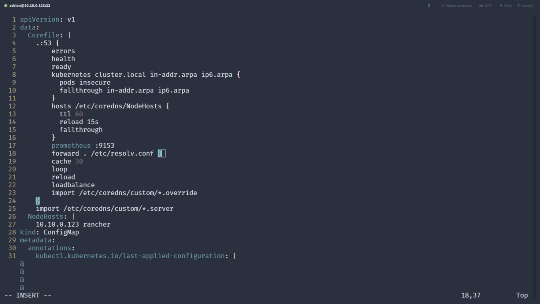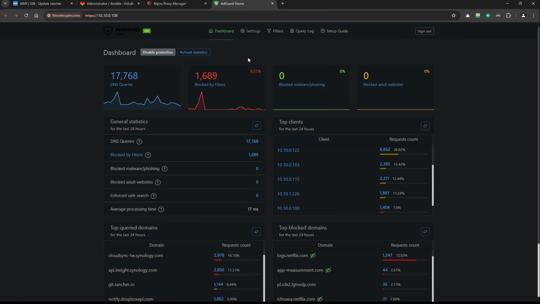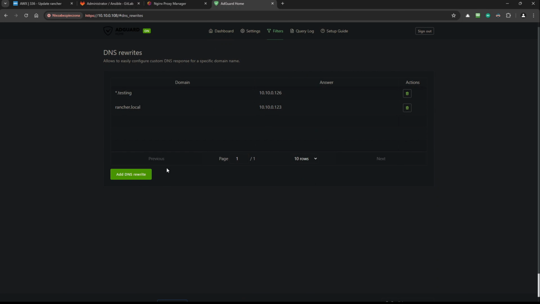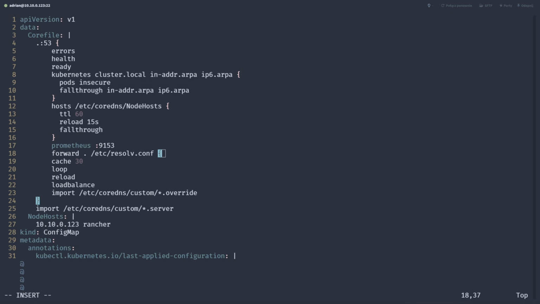So I will go to browser, and this is my AdGuard Home. It has an IP address 10.10.0.108, and then I will go to filters and DNS rewrite, and here I have ranger.local. So instead of using the internal CoreDNS, Kubernetes DNS, right, I would like to use my external DNS. Okay, so let's go back to the command line, and now